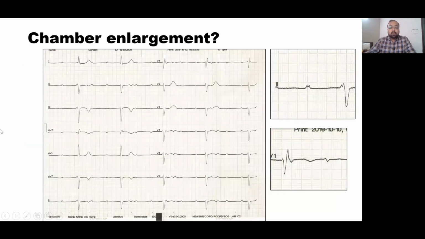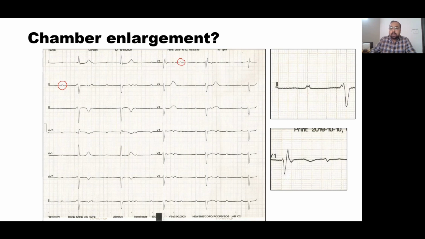Now, this was an ECG which was obtained on a patient who had presented to us with syncope. Now you can see there are other rhythm abnormalities in this particular ECG, and if you can recognize what the rhythm abnormality is, I'll be very happy to know in the comment sections below. But if we focus only on the P waves, the best leads to look at the P waves again are lead 2 and lead V1.